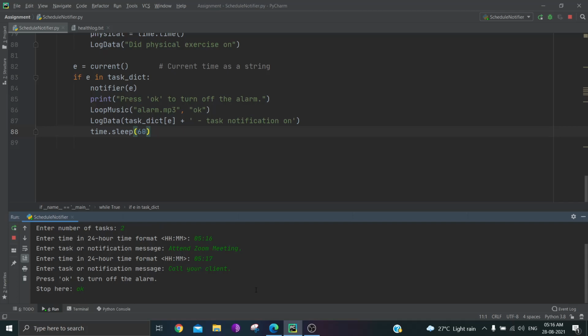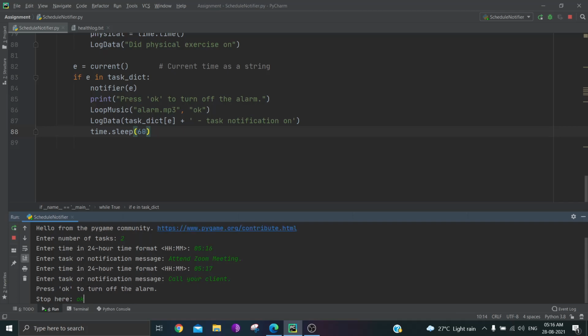It was continuously playing on loop until I entered the stopper, which is OK. And I'm again waiting for the time to hit 5:17, so it will remind me of my second task. The dialog box was there for 15 seconds and the music was continuously playing until I hit the stopper.